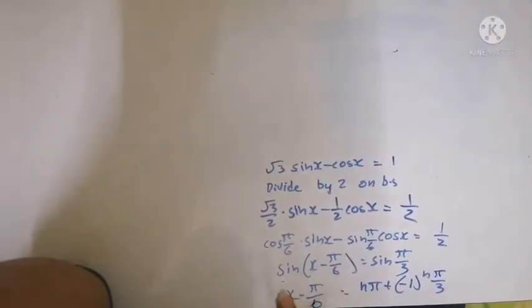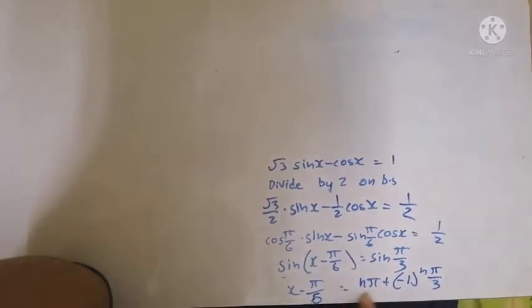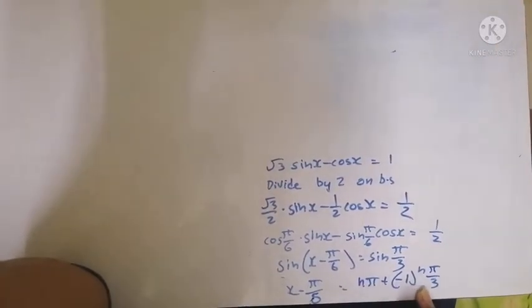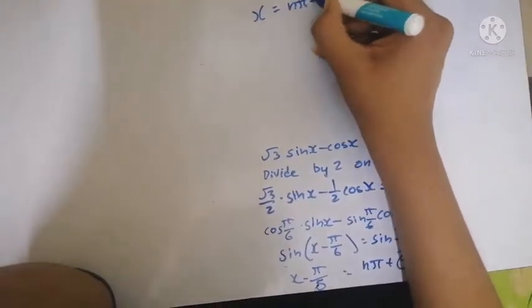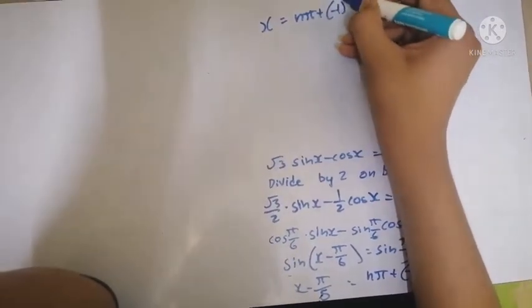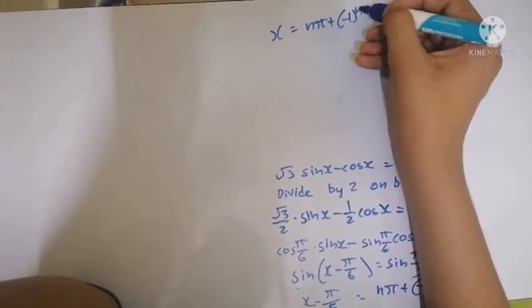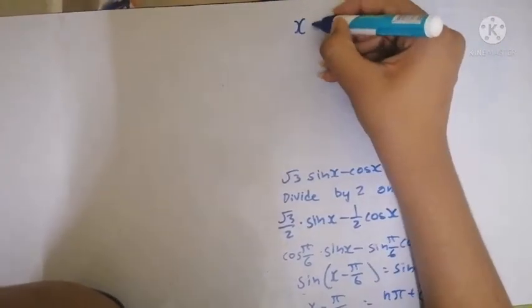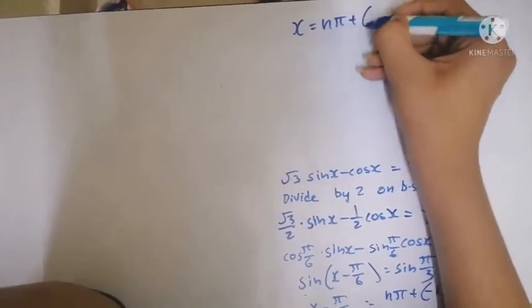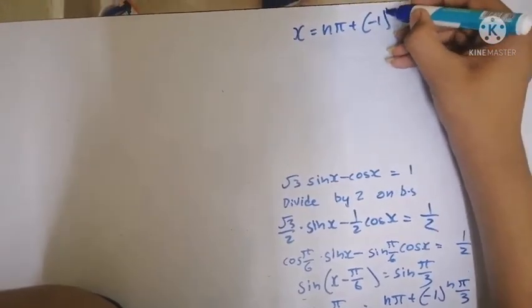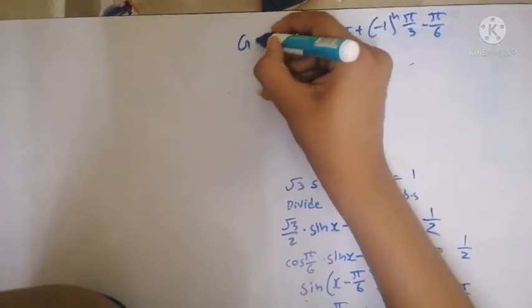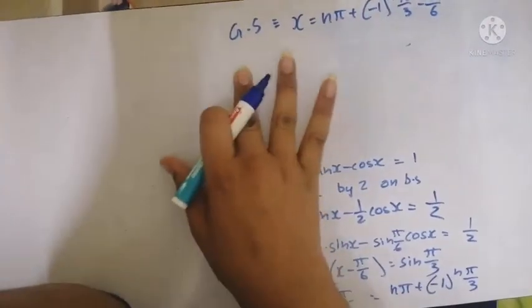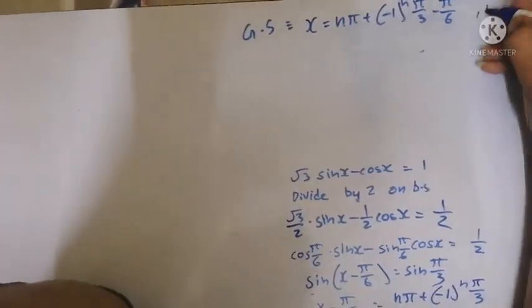So x minus pi by 6 equals n pi plus minus 1 whole power n, pi by 6. So now x is equal to n pi plus minus 1 power n, pi by 6 plus pi by 6. So this is the general solution for this question, where n belongs to